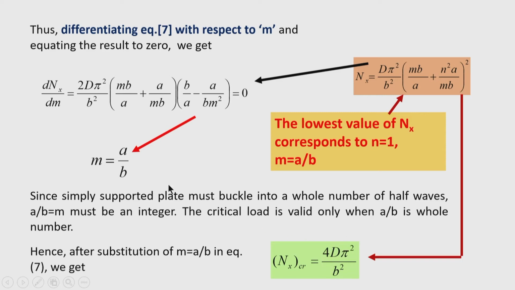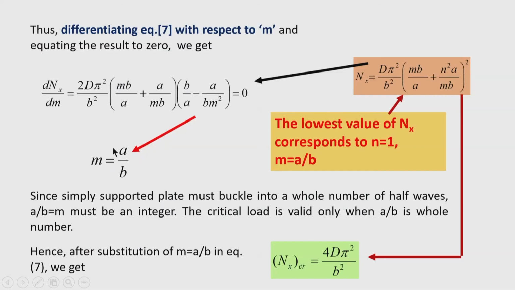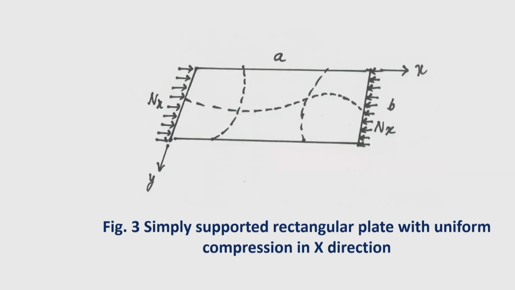So, this is true when the ratio of the length of the plate and the width of the plate is such that it becomes an integer. For example, if the length of the plate is 6 meter, the width of the plate is 3 meter, then m is equal to 2. So, this is an integer. So, this value can be used. Suppose the length of the plate is say 1 meter and the width of the plate b is say 0.5 meter, then also it is an integer. So, this value can be used, but for non-integer value of a by b, we have to further analyze it. Okay. So, let us see.